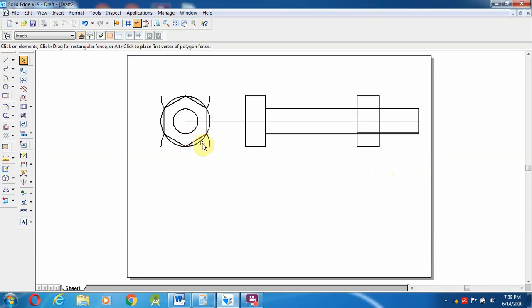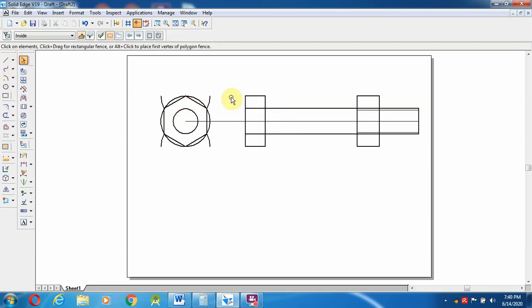Also one more thing, this line has to come from here to here as a thin line, the same, because if you extend this line, it will come in the same line over there. So I am going to make a line from this end to here, as well as from here to this one.